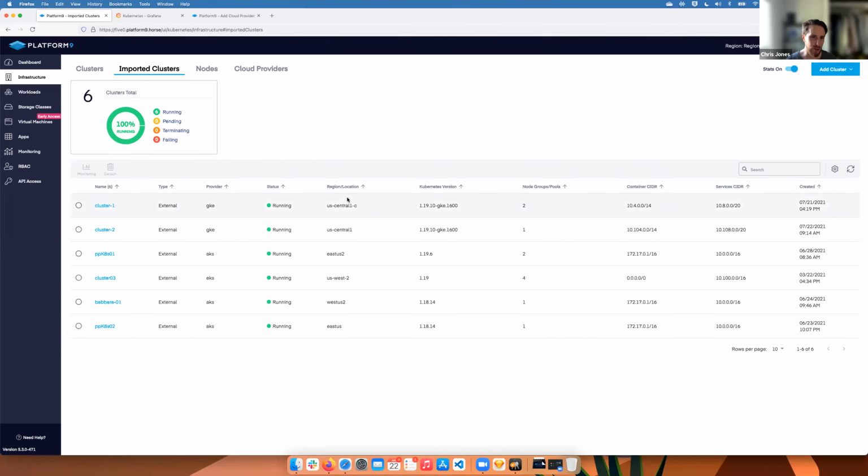Yes. Getting into imported clusters. Strategically for Platform9, this is something that we've been investing in quite heavily. And our next release, 5.4, is going to add the ability to import all types of EKS, AKS, and GKE clusters, be it on a private or a public VPC. We're creating a Platform9 operator that will go into each cluster and dial home. And that means that if it's on a private network, that cluster will also be able to be brought in and fully managed. We're also working on